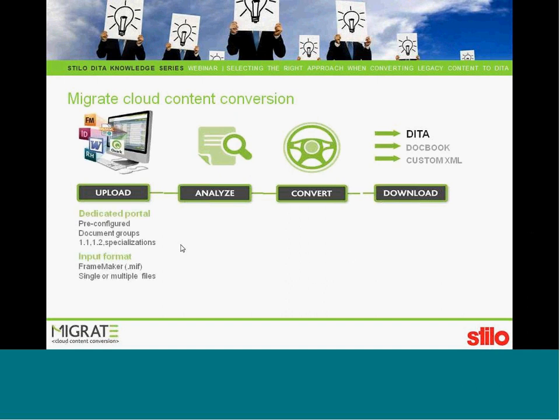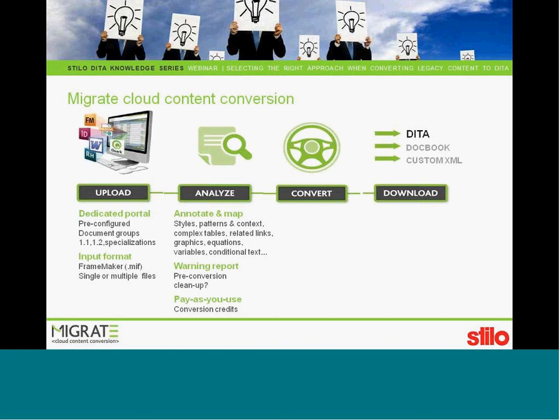So, if you're using Migrate, you'd be uploading a FrameMaker document to a dedicated portal. It will be preconfigured with conversion rules set up for you. You may have different conversion pipelines for different document groups. We'd be converting the content to 1.1, 1.2, or specializations. And you'd currently be uploading your FrameMaker documents in MIF format, and you can do that with single or multiple files. So it gets uploaded to the portal, it's analyzed, and we create an intermediate XML hub format,